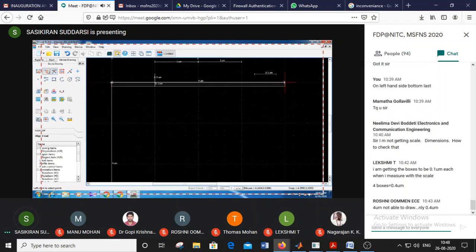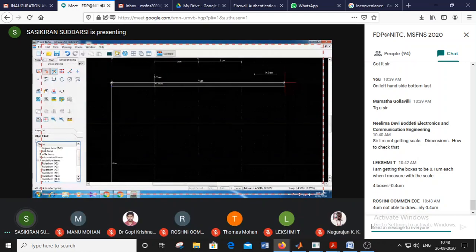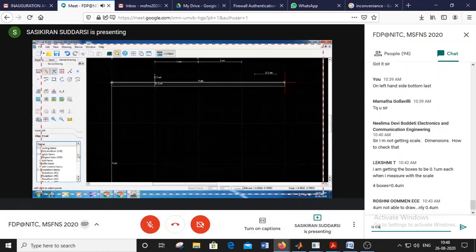Okay. Suppose you want to delete one, any item is visible in the object list, some polygons or regions visible here. Just click on it and we will delete that one.